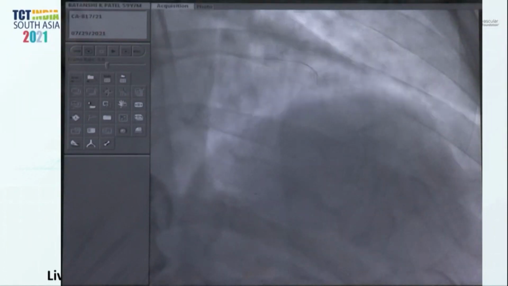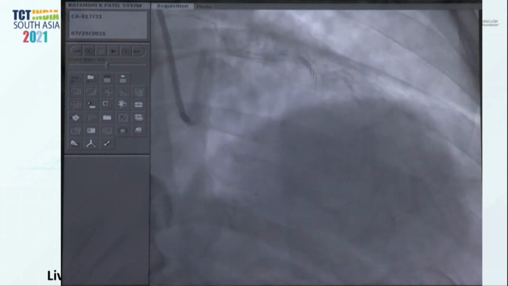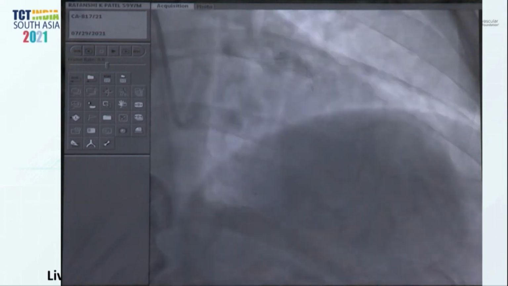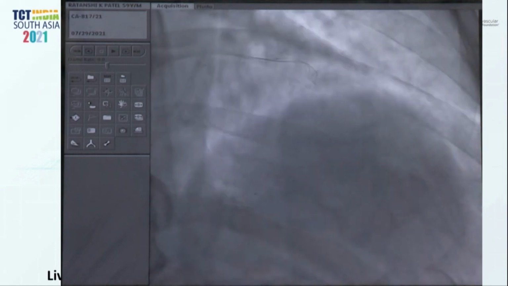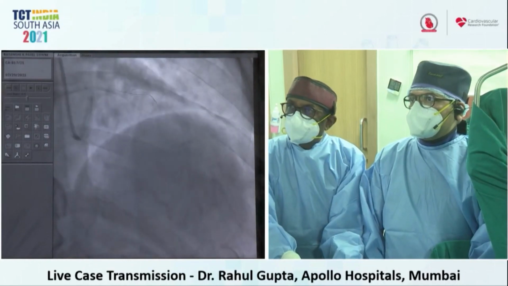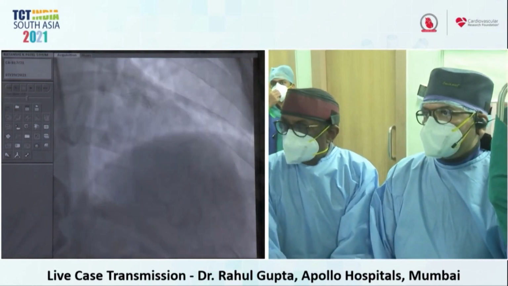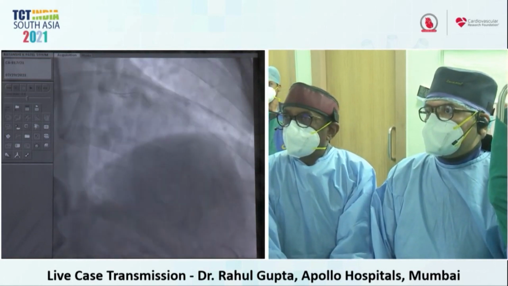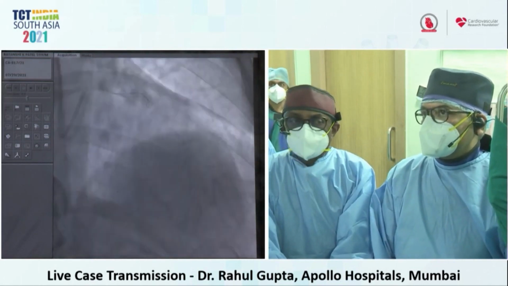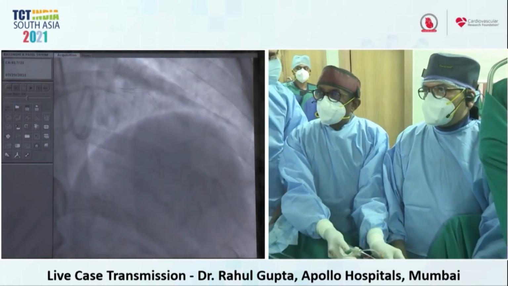We are trying to do a study with this Railway catheter system through a foundation involving many of the young radial operators too, where we can avoid going to femoral, even using the 7 French system. We are in the process of finalizing that with Cardis and Cardinal. Hope it will come through. We have done some left mains and some bifurcations with the system. But what they claim, Rahul, is that it is generally 2 French better, but definitely one French lesser, so 6 instead of 7 can go. To put an 8 with this may be slightly challenging, but we need to have more experience.